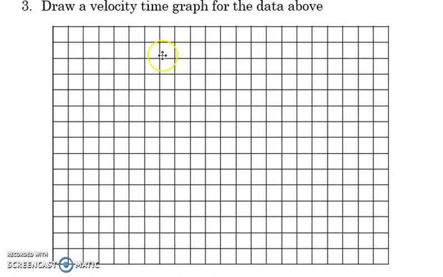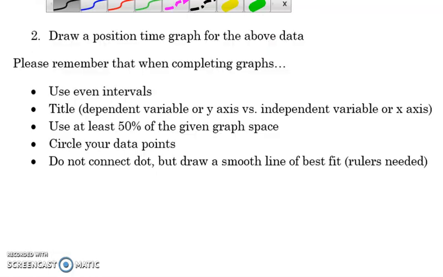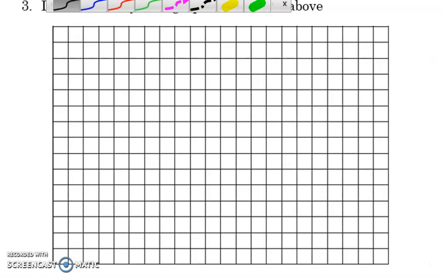The next thing we're asked to do within this particular case is create a velocity time graph. Again, that is for the data that we had been working with, but now we're going to have an average velocity against time. So this is now going to be on the y-axis. These points here, because they are for intervals, we're going to use the midpoints of each of these as our times. So when we take a look at that, this should be a velocity